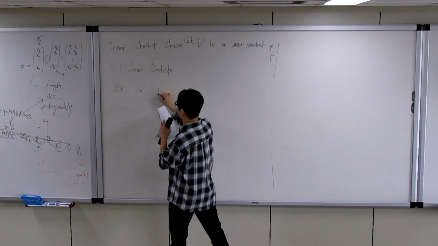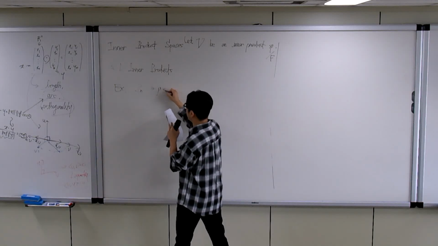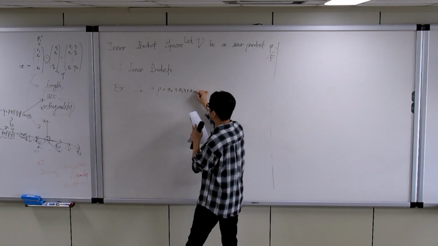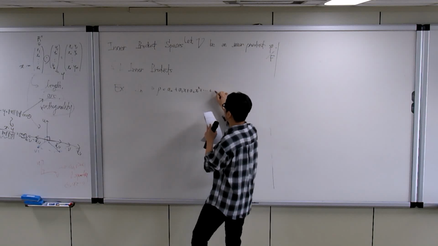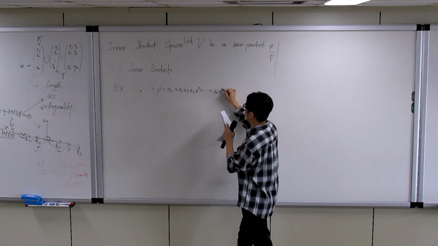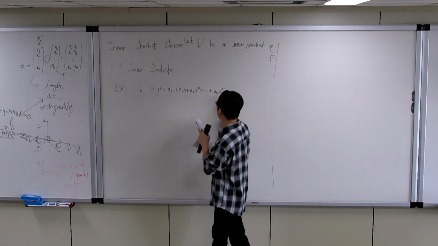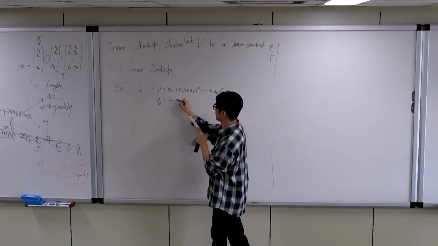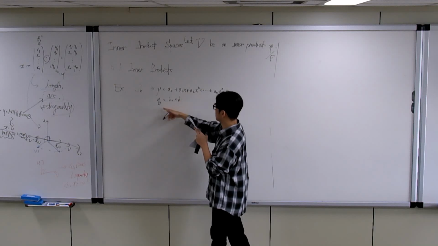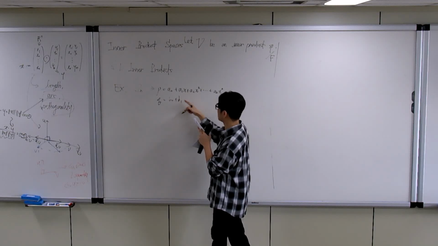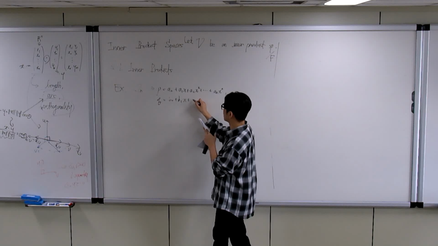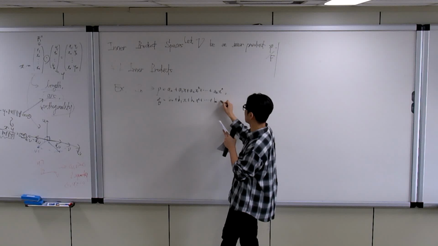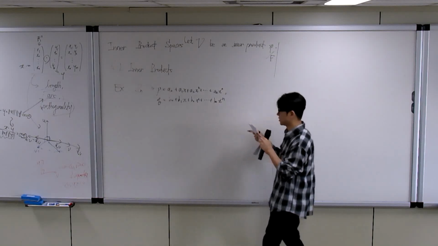That means the vector p is a0 plus a1x plus a2x squared up to anxn,